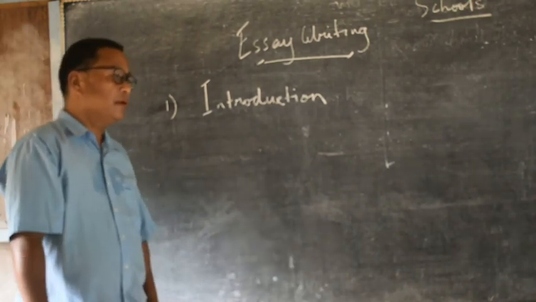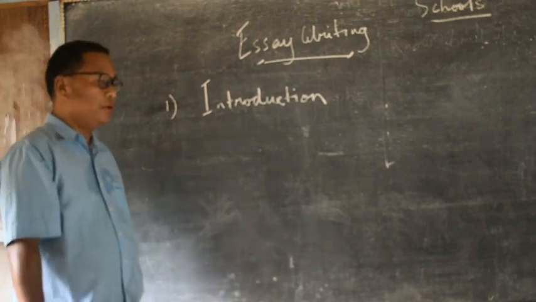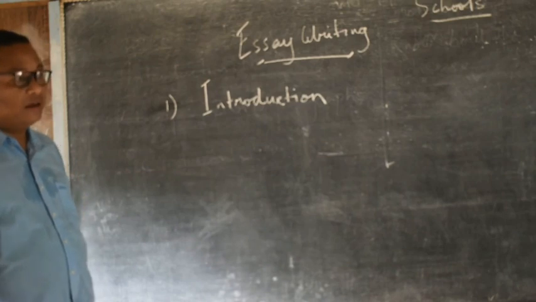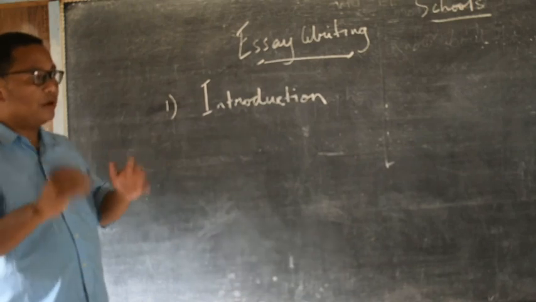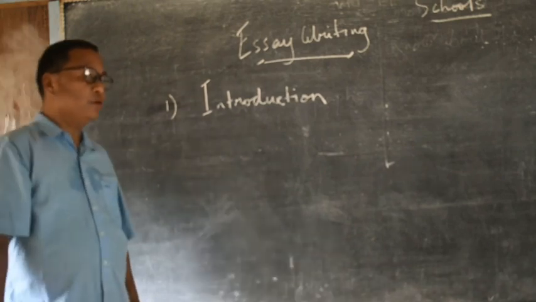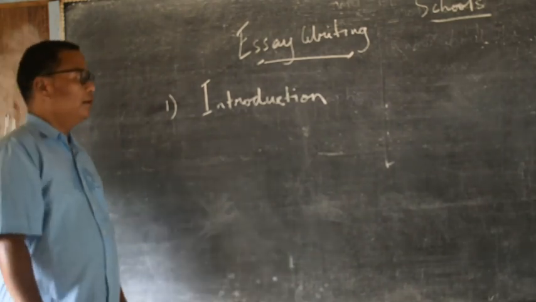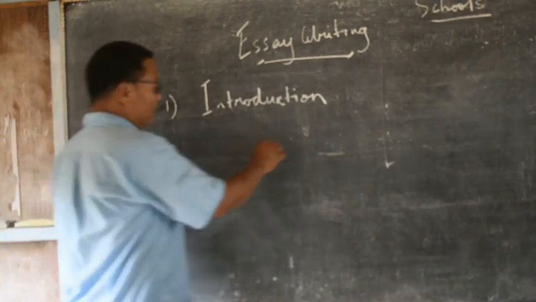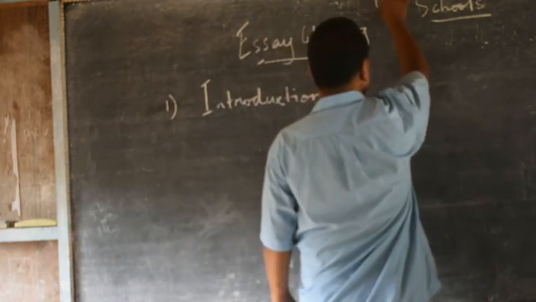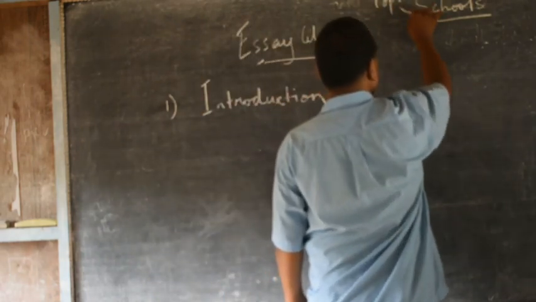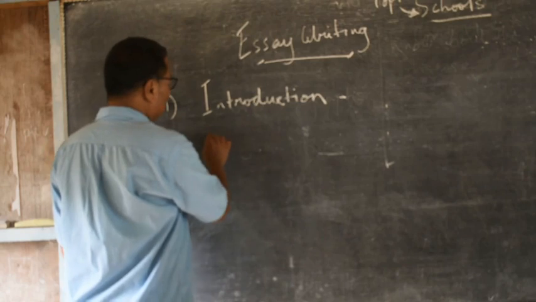Now, in some cases, outlines for an essay is given in the question. If the outline is given, we have to follow the outline which has been given to us in order to compose our essay. If outlines are not given, we have to frame our own outline in order to compose our essay. Now, after the introduction is done, where we define the topic, we have defined the topic in the introduction. The second stage of the essay is the body of the essay.